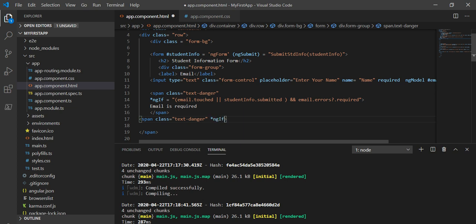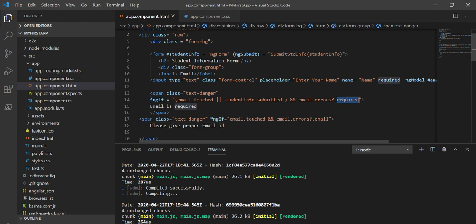And here I'll take one condition like ngIf equal to email.touched and email.errors.email. Then what it shows, please give proper email ID.